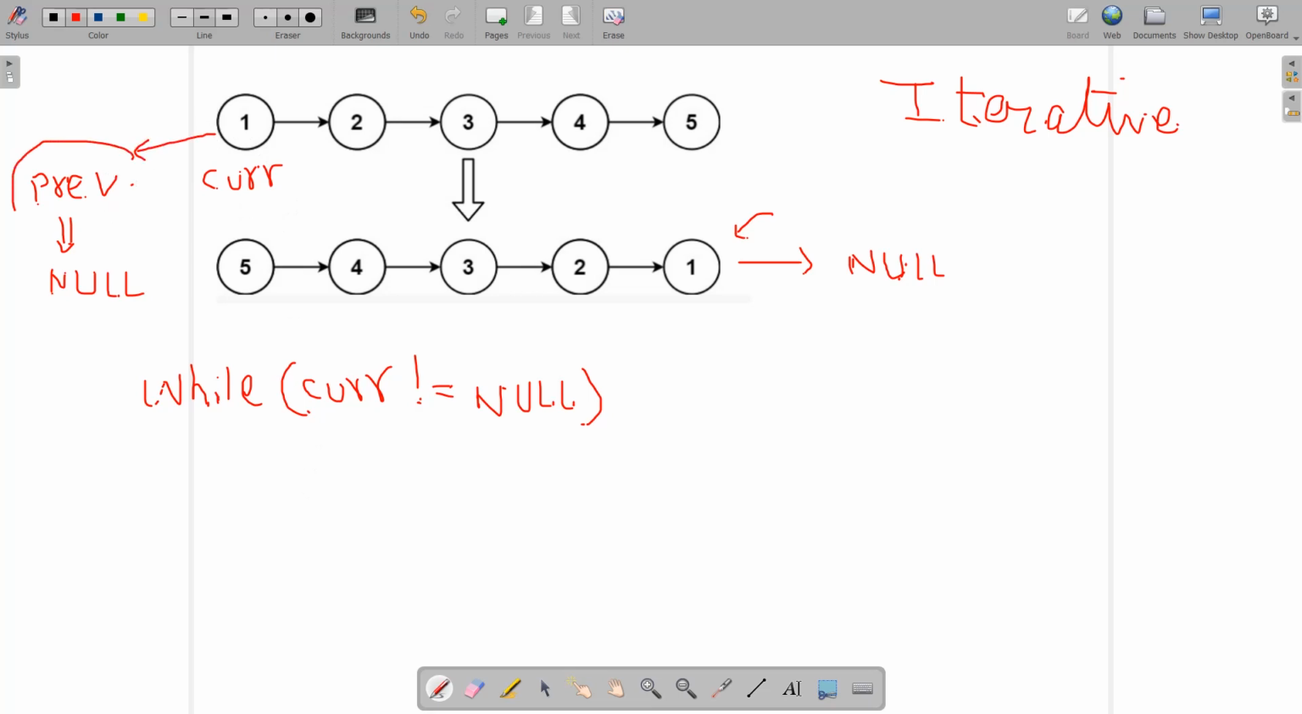every time. Suppose that you are at this position, let's call this current at this position. In this case your previous will be at this position, right? And when your previous is at this position, you need to ensure that this arrow is going to be reversed. So what you are going to do is assign current next to be previous every time, but you need to